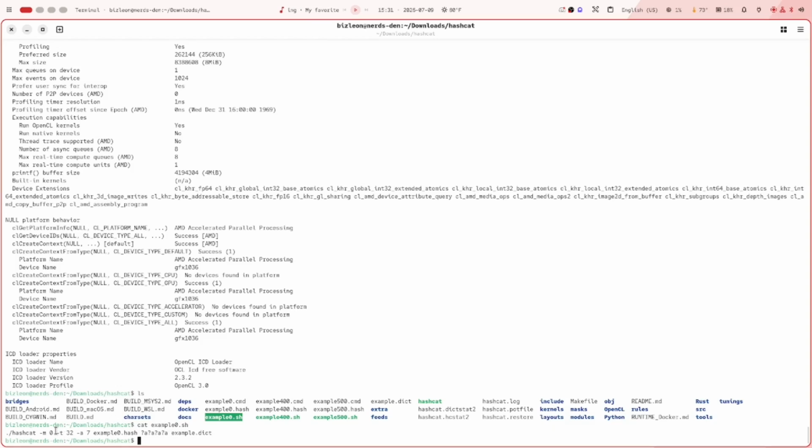What this does is specify the hash type with -m, the attack type, which is 7,